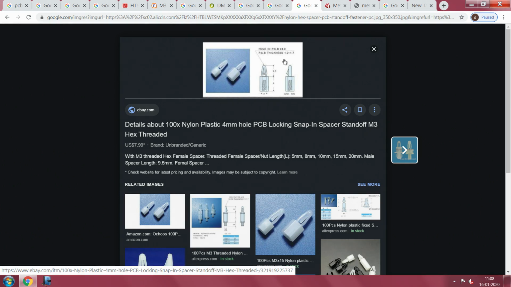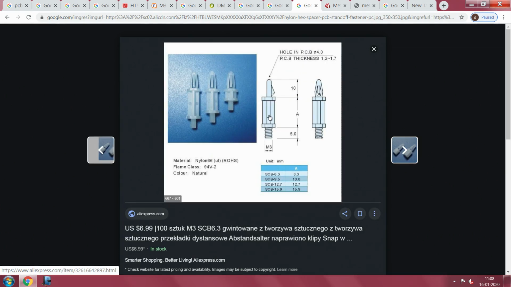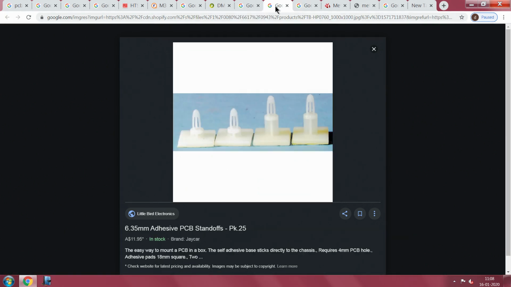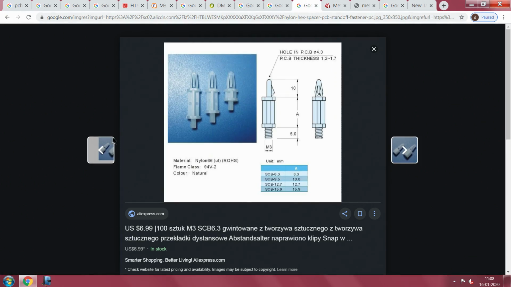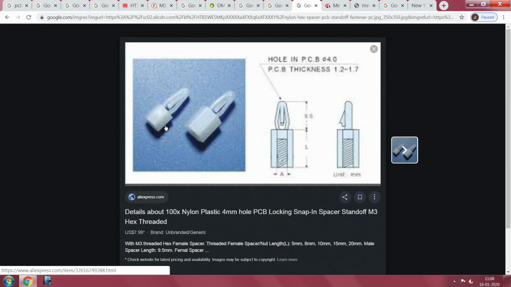So, the other one what I showed you has some other different type of thread. You understand, this one had an external thread, the other one has an internal thread. So, this has an internal thread and all the dimensions are given. One more time, if you notice, this part of it is probably about the same for both of the things, only the small detail that is required here.